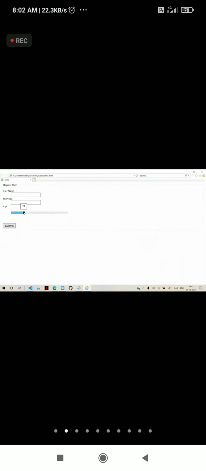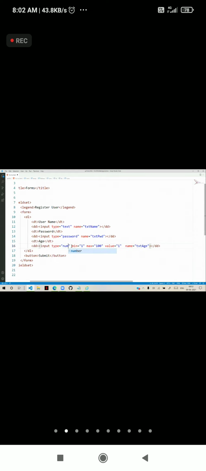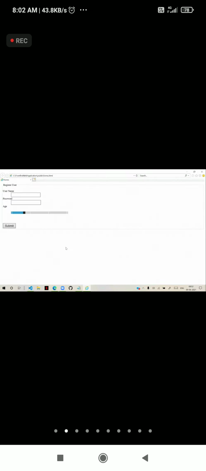It looks good, it is showing the value. But when I change it to input type number, you can see the numeric up-down control is not coming. But it will allow entering only numbers. If I type some text, it is not submitting, it's not allowing. Only numbers are allowed, so number validations are working fine, but in a different way.